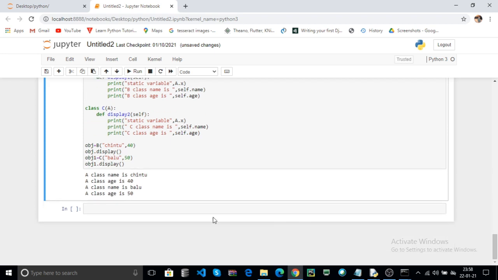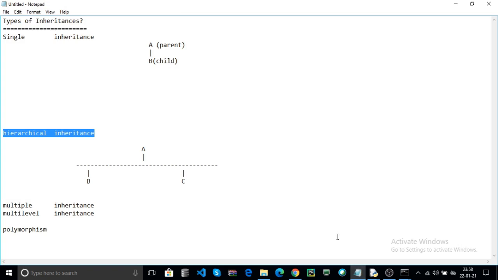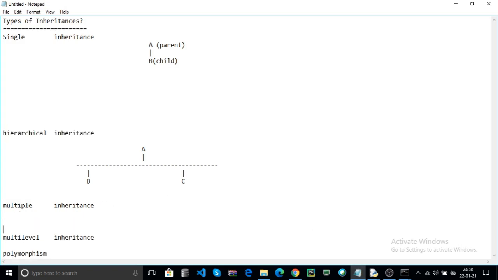Now we discuss the next inheritance, multiple inheritance. Multiple inheritance means the child contains multiple parents. For example, A is one parent and B is one parent.